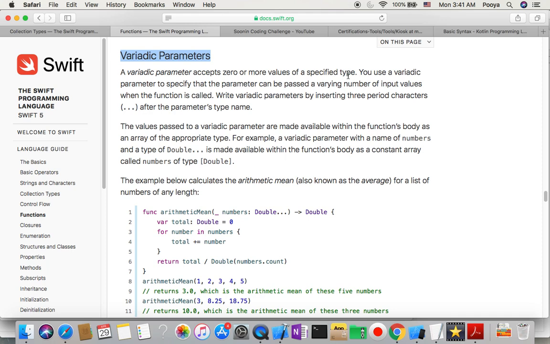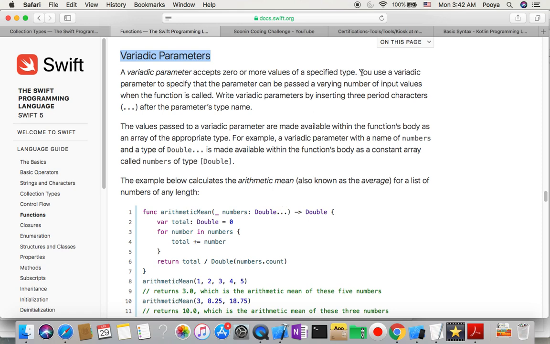So what that means, usually we get used to that, if we have two parameters, we mention two parameter names there, or maximum we can put an array and do that. In Swift we have a variadic parameter, which we can put as an extra parameter name, and it could be 0 to however many